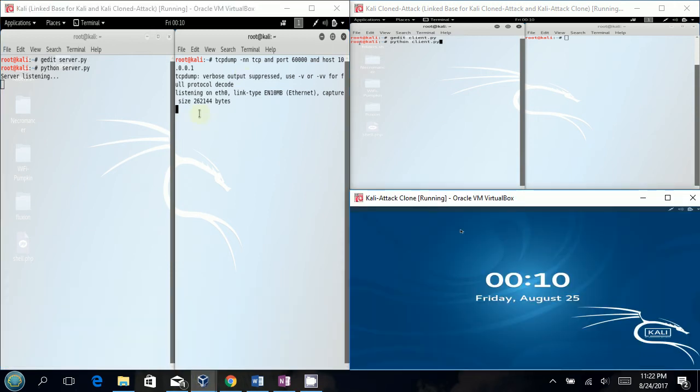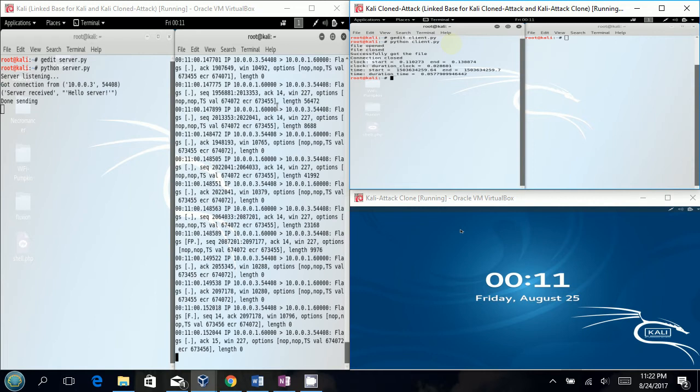All right, now watch this TCP dump over here when I hit enter over here like this. So file open, file close. Here's your output. Successfully got the file. Take a look at all this data, and you can see the IP is 10.0.0.3. That's the machine. There's the port that it communicated on. Here's my server on port 60,000. Flags, I got an acknowledge, and you can see that. So that's a pretty good sniffer,